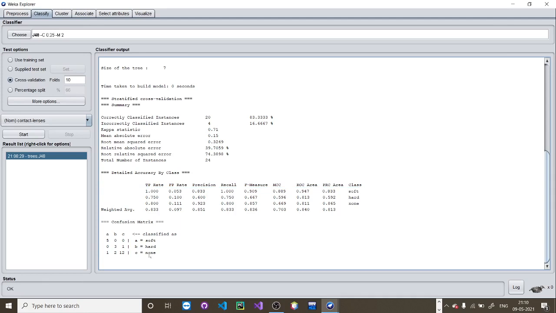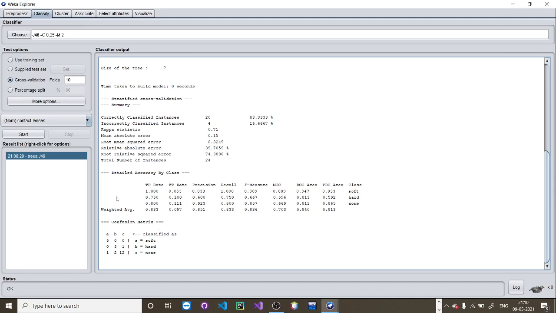Similarly, in the last row, we see that the none category should have been followed in the third row, but it is kept under the soft and the hard category also. 1 is under the soft category, but it should have been under the none category. Similarly, another one should be specified under the none category, but here it is specified under the B category.